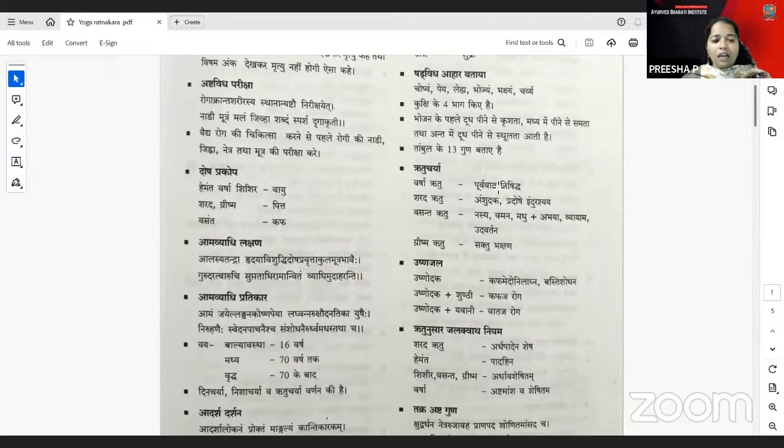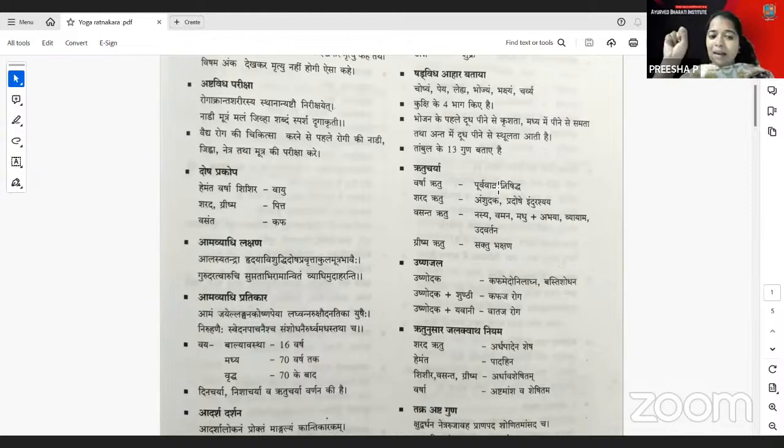You have the Ama, then Vaya, Balyavastha. Some of the things like Stri Vayo Avastha and the overall adult avasthas, the differentiation of their age, are mentioned there. The Balyavastha is up to 16 years and the Madhya Vaya is about 70 years. This has a correlation because, according to current census patterns, we always consider Madhya Vaya up to 50 years. But now Madhya Vaya is extended up to 70 years, and that correlates with Yoga Ratnakara, which in some way was correct according to this scenario. So according to Yoga Ratnakara, the Madhya Vaya is up to 70 years.